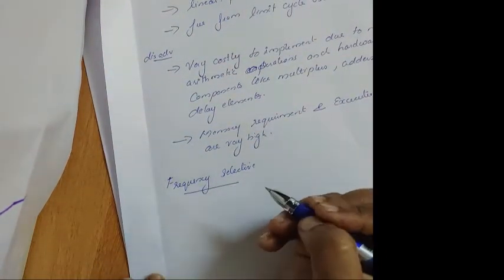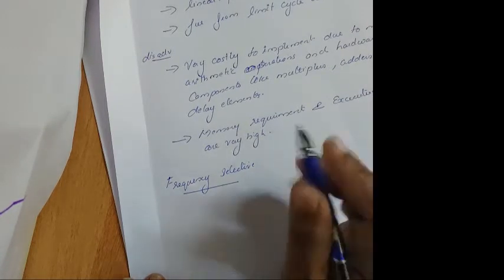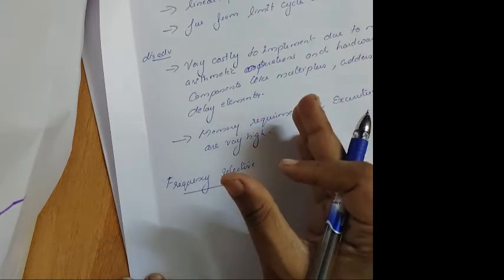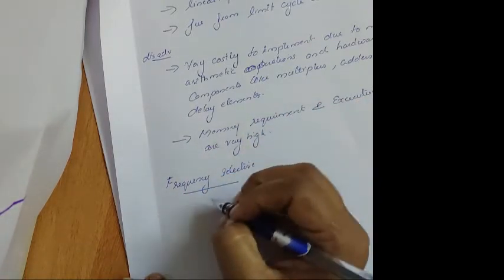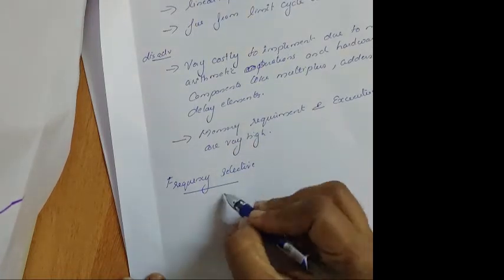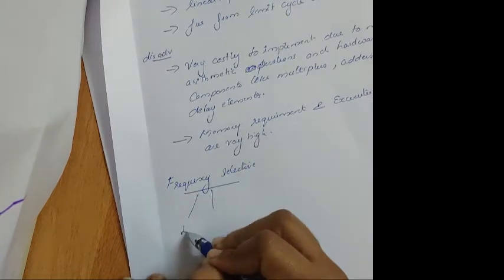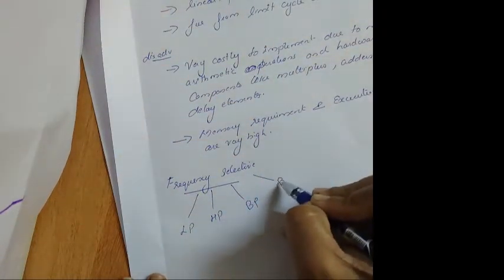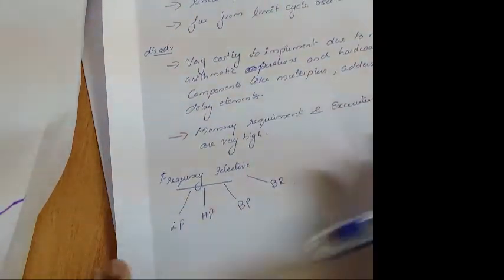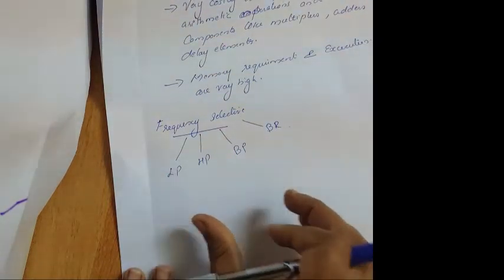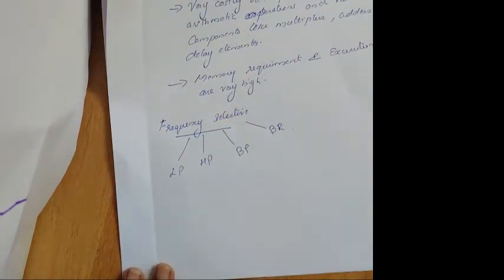Frequency selective filters. As we know, frequency selective filters means the filters in which the frequency can be selected. For example, we know them but we don't know why we are calling them so. There are different types of filters: low pass filter, high pass filter, band pass filter and band reject filter. The main thing to do this problem is that we have to understand the different filter types, how we can design the filters according to the given filters.